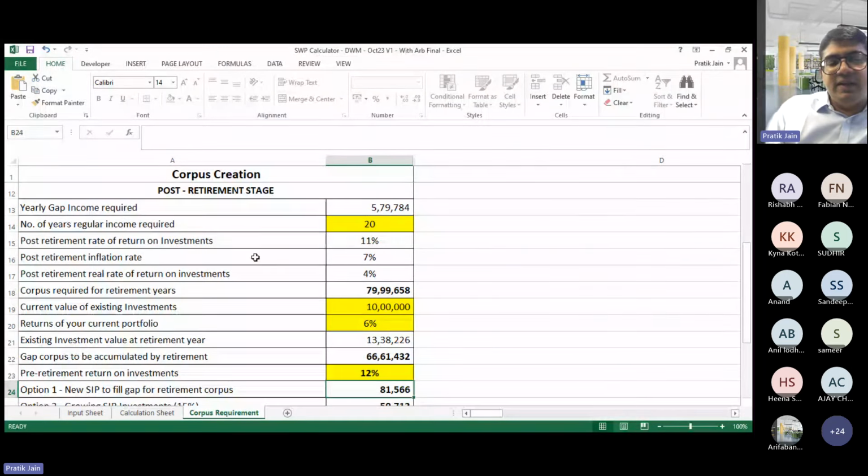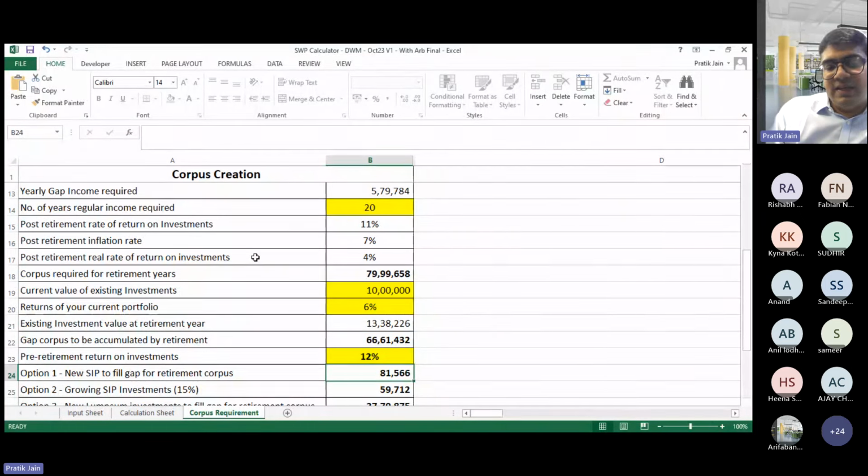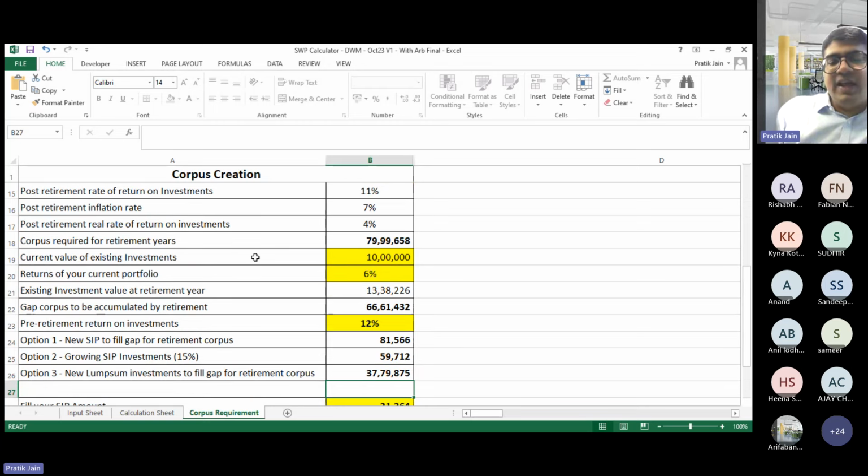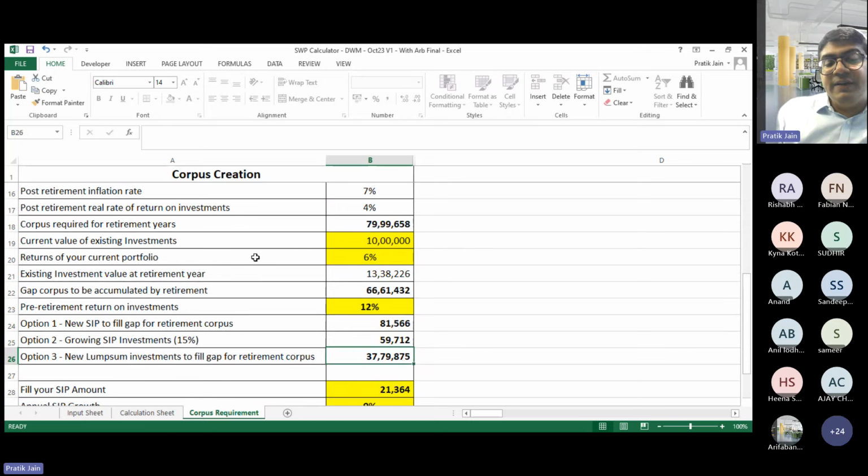सो यहाँ पे ऑप्शन क्या है कि आप या तो सर 81,000 की SIP करो पर मंथ, या आप 60,000 की SIP करो बट यू आर ग्रोइंग इट एट 15% per annum. So then you can reach, or you can invest 38 lakhs today. Then you will be able to manage your expenses of 50,000 growing at 7% per annum for the next 20 years in your retirement. So this is another eye opener where the client can actually see कि यार मुझे अगर